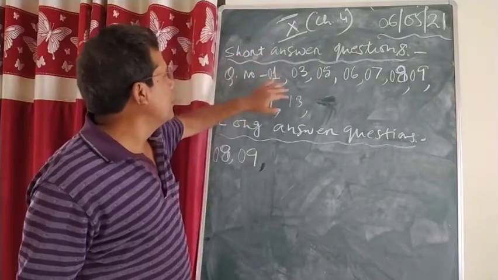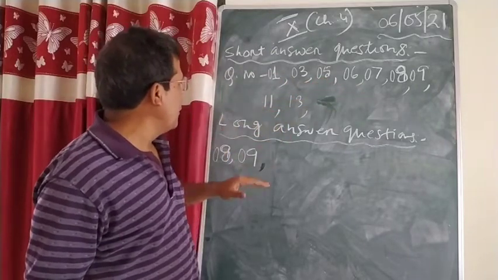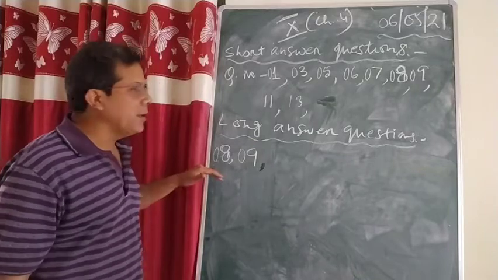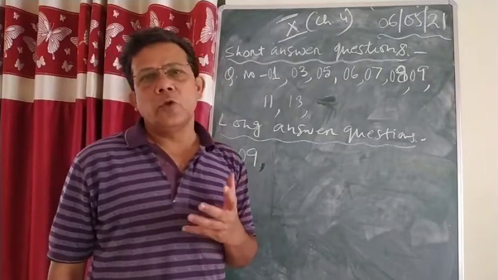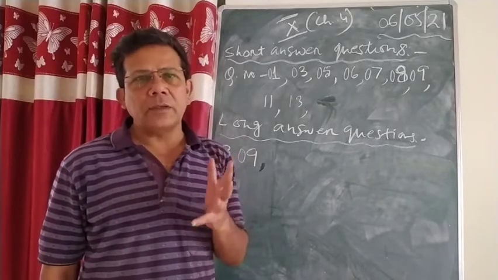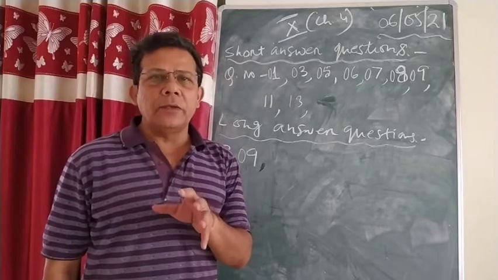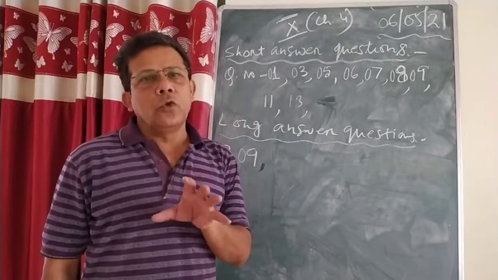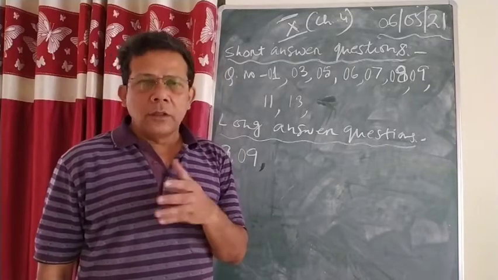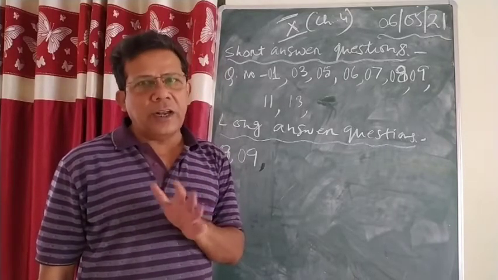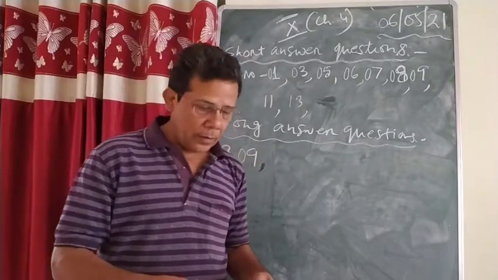See, short questions 1, 3, 5, 6, 7, 8, 9, 11 and 13. And the long answer questions I have said only 8 and 9. Okay? These are the things I am going to discuss in today's class. Already I have discussed a little bit briefly. I will show you how you are supposed to write it. And for examination purpose, you just do these questions and answers properly. Okay? So I am going to discuss these questions and answers in today's class. I have already discussed them, but once more I want to give you a brief about this. Alright. So first, question number 1.